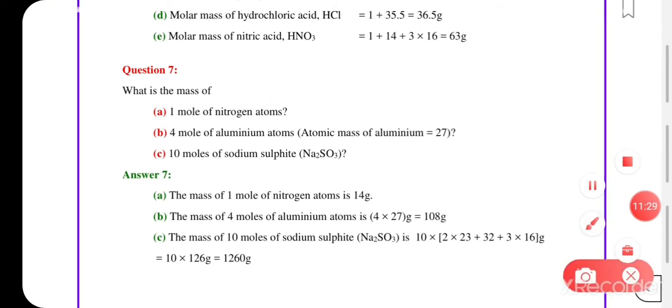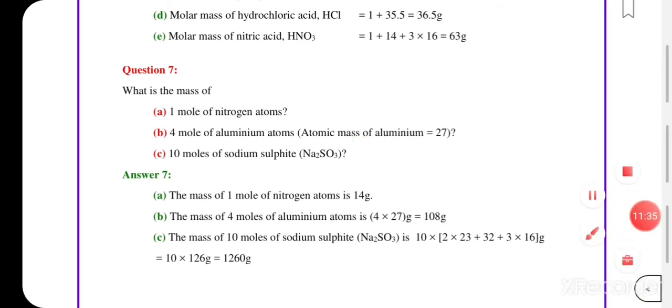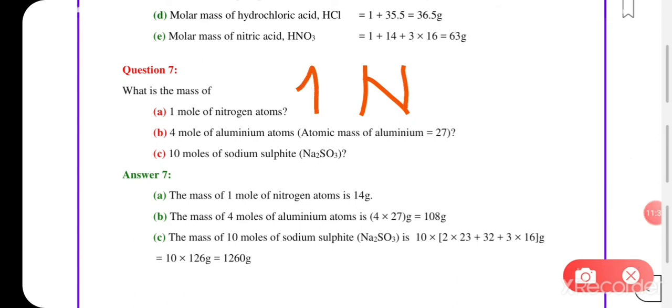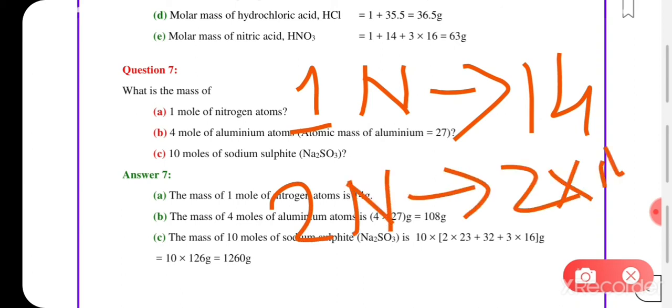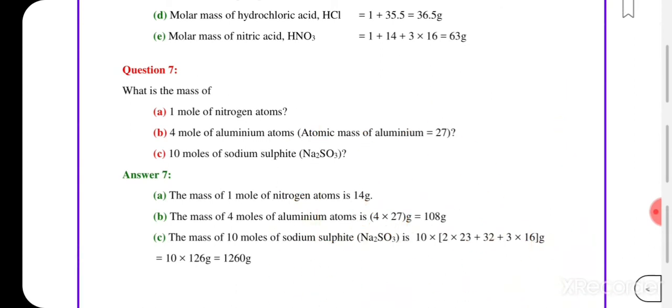Okay. So for 1 mole of nitrogen atom, how do we write 1 mole? 1 mole of anything means that nitrogen. Okay, 1 mole of nitrogen. So 1 mole of nitrogen will have how much mass? The atomic mass of the nitrogen atom, which is 14, right? If I say 2 moles of nitrogen, it will become twice of 14. Okay, so I hope this is clear, and which is equal to Avogadro number of atoms, right?